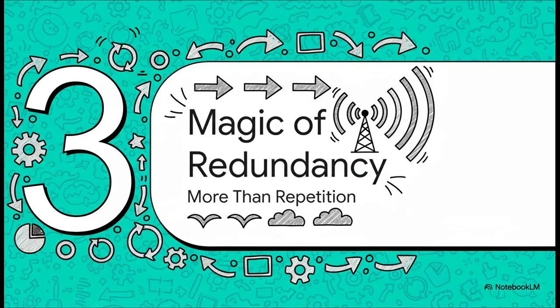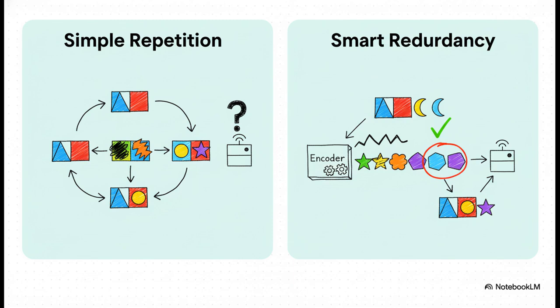Okay, so what does this smarter communication actually look like? The key, the magic ingredient, is a powerful concept called redundancy. But hold on, it is definitely not what you probably think it is. This slide nails the difference perfectly. On the left, you have the simple way. Just repeat yourself. You want to send 101? Okay, just send it 3 times. 101, 101, 101. But what happens if the receiver gets